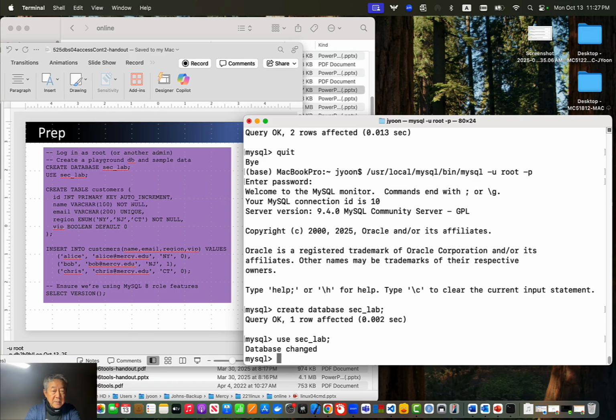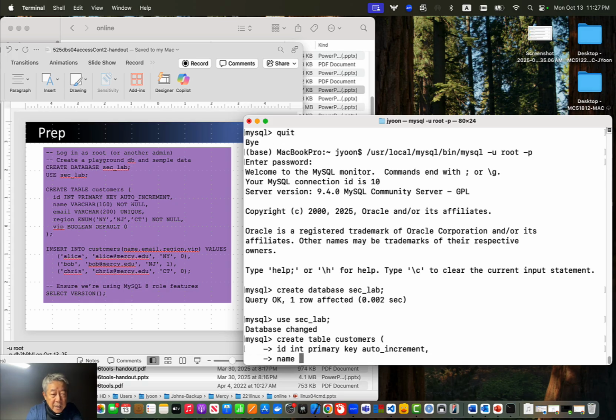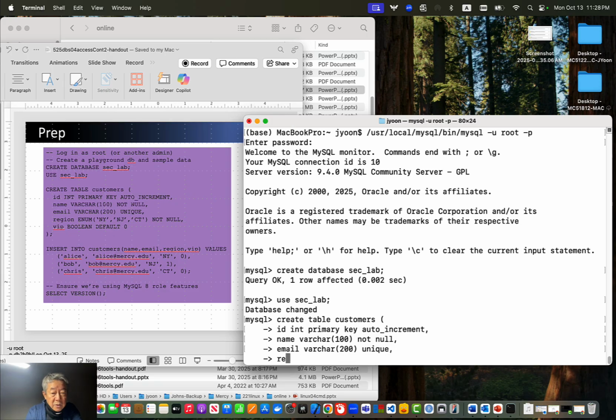That is a database name. And then I want to create a table, customers, and then ID integer, primary key, auto increment, and then next attribute is name, varchar 100 not null, and the email varchar 200 unique, and the region